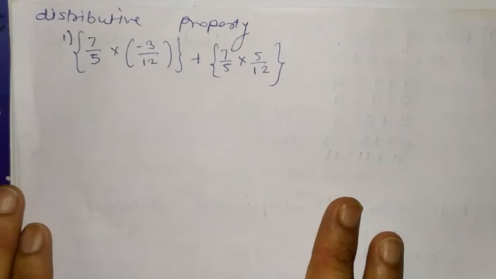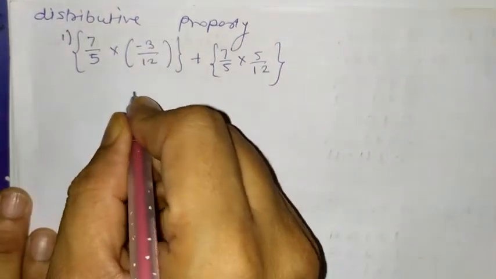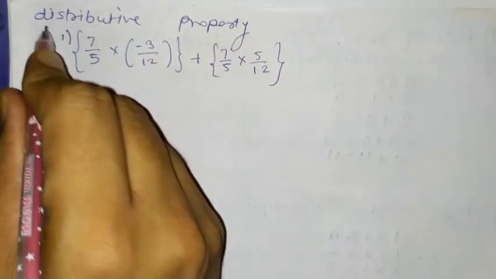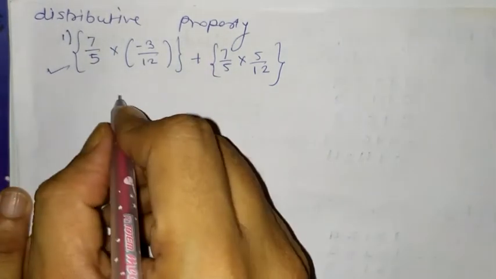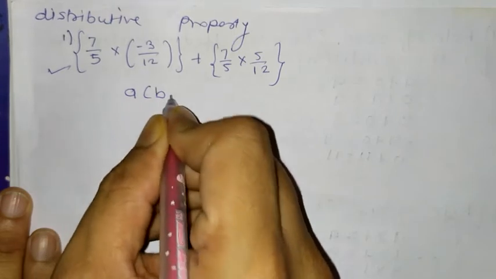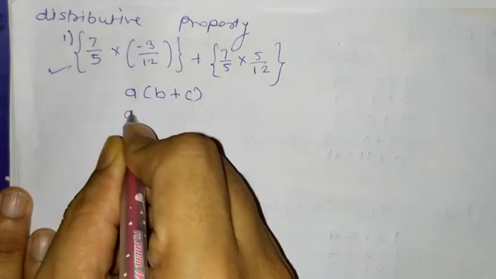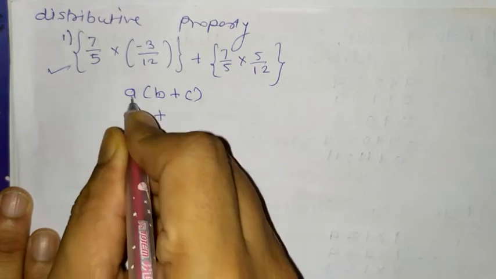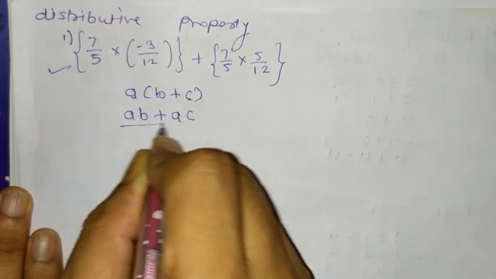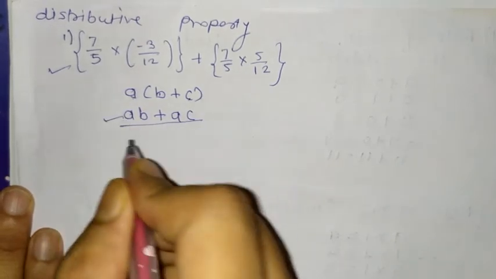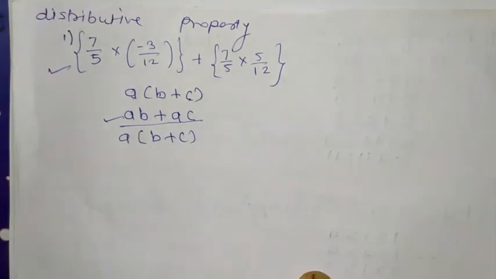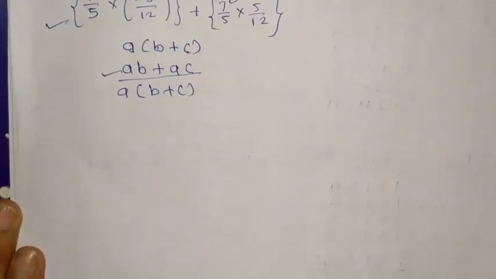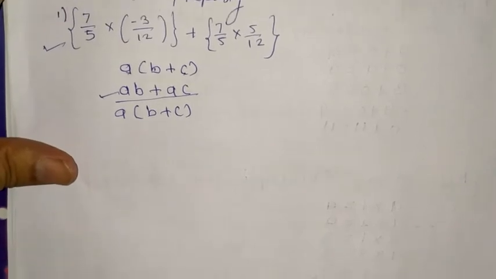distributive property. Friend, on the basis of the distributive property we will solve this example also. Suppose the equation is like that, a into b plus a into c. Got it? Or if you get the equation like that, you can take a common and write b plus c. So this concept is known as the distributive property. On the basis of this, we will solve one example which is given.